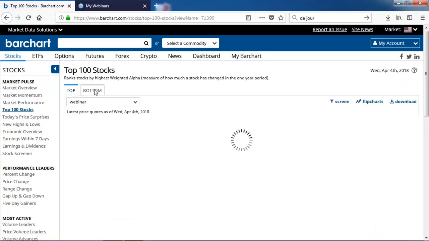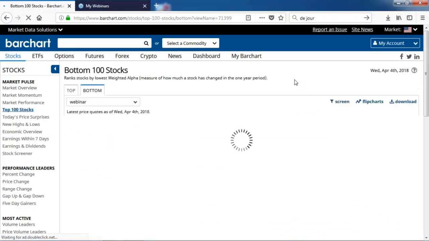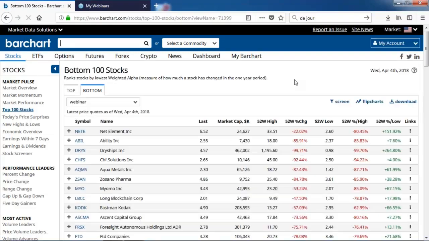So then if, again, I go straight to my top 100 stocks, and again, I'm looking at the bottom 100 and the top 100, you're seeing that my market cap is right there, and my different custom settings are set up. You can also do custom settings in different market segments. Like I said earlier, to me it doesn't matter what I trade, it's how I trade. I don't care if I'm trading stocks, futures, currencies, ETFs, options. It's about the same discipline, and you're just looking at different vehicles as different opportunities.